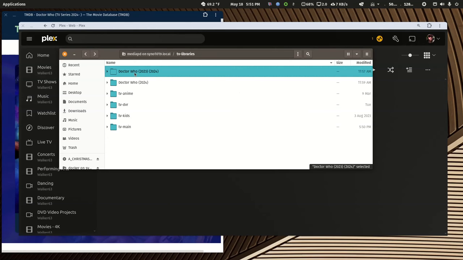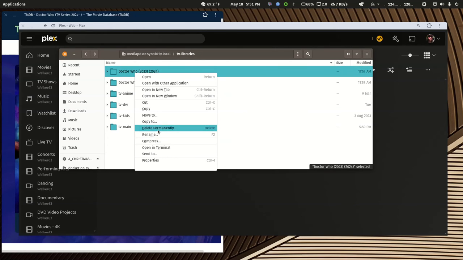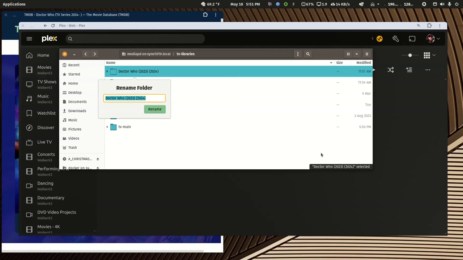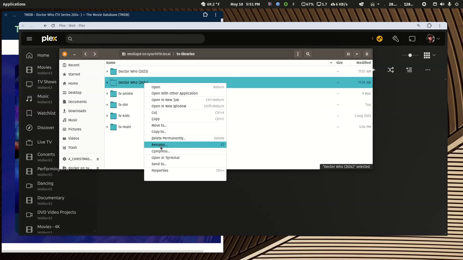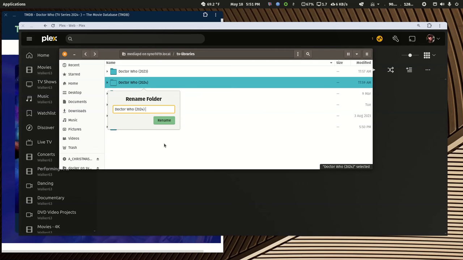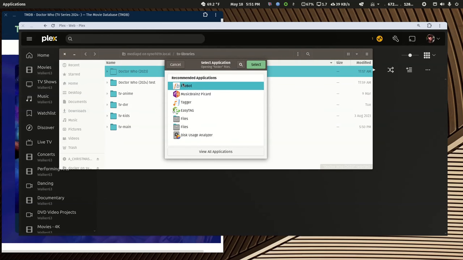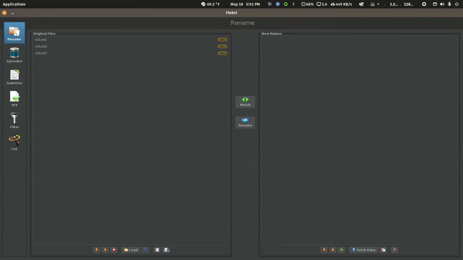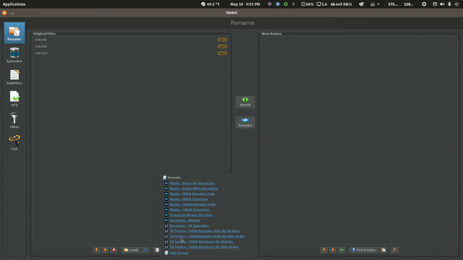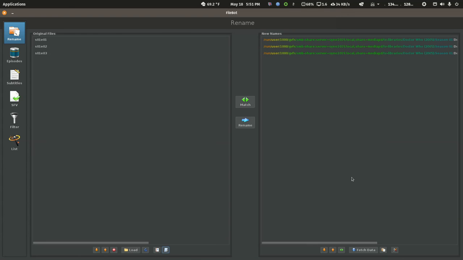And my Filebot expressions, I'll end with that. I don't know what's going to happen, but I don't think anything good. Let me just rename this to test. So if I open this up with Filebot, I've got all different Filebot videos. So if I use my expression, TV series structure by air date,